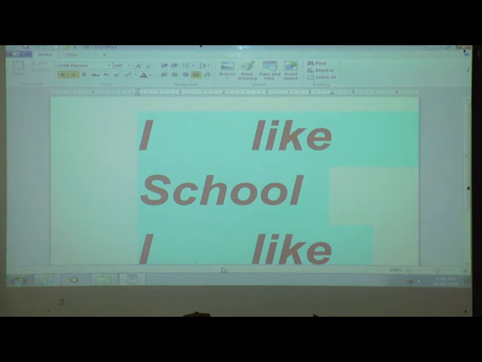Next is bold. What is the use of bold? Fast and loudly. Suppose we want to make this sentence or word dark, by using the bold option we can do it. Next is italic. By using this italic option we can make our text or sentence a little bit slanted. Next one is underline.